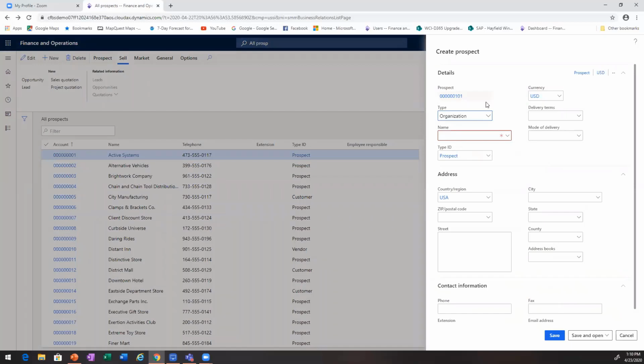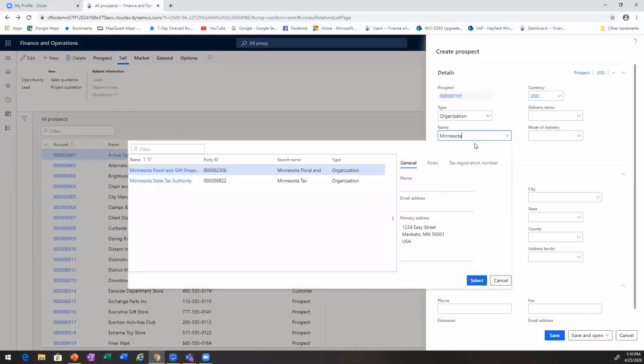So to start off new, you'll first notice it wants a name. It wants to know who's your prospect. This naming field works with what is called a global address book. This is going to help you manage duplicates within your system. If you're all going to the same spot, if it's all going into the same system, you'll be able to bounce it up against other information to, again, avoid the duplicate. So if I was going to create Minnesota Floral and Gift Shops, I would catch myself saying, oh, look, it looks like at some point in time we've already done business with them. And then I would go to that party ID, and I would be able to look at the details